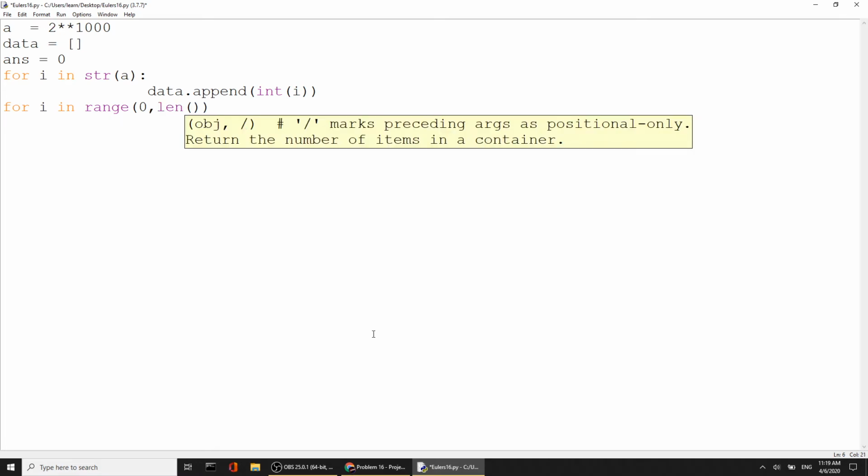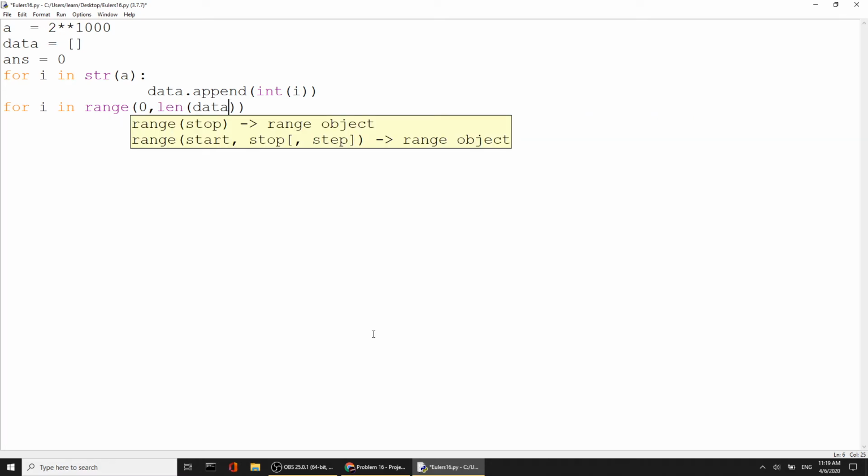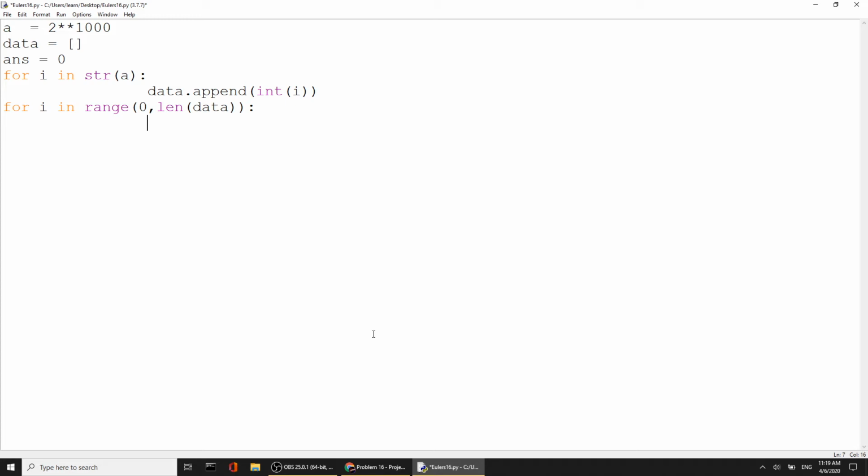So now it's going to iterate through every part of the data dictionary, and then we're going to add them together, and then we just print out the answer,